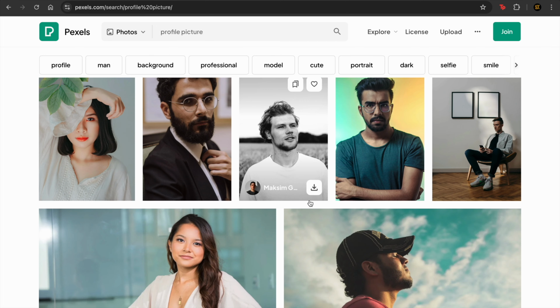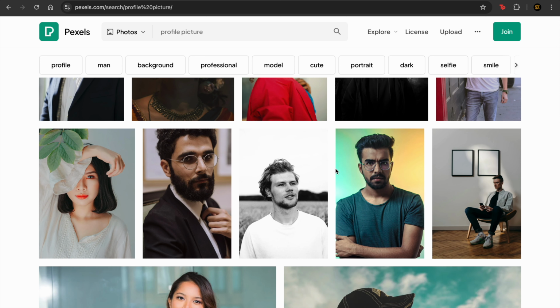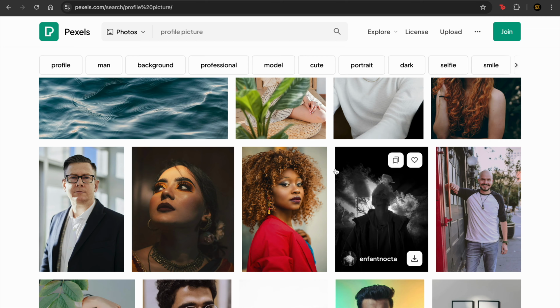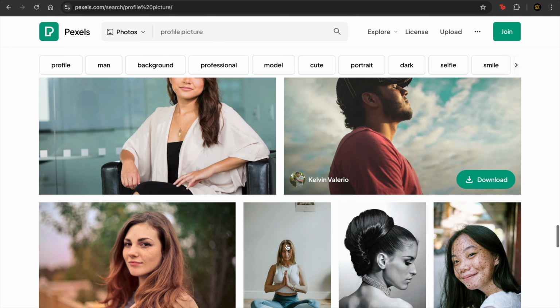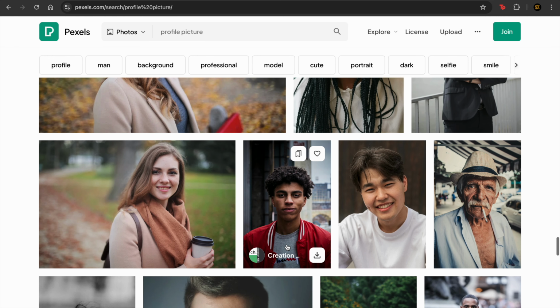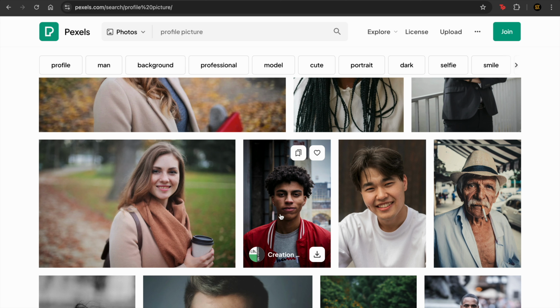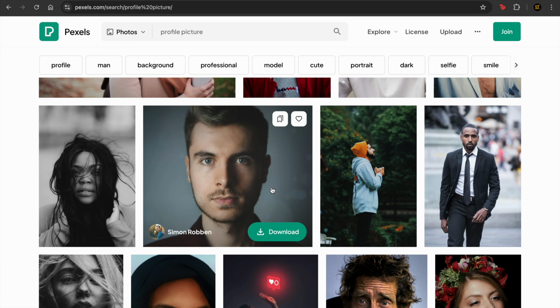This guy looks afraid, he looks scared. I'm looking for something like this but in a color mode. Okay, let's see. This one looks lovely but it's very thin. This one would look really nice but it's too thin. I'm looking for something like